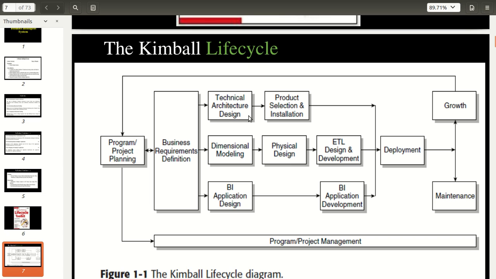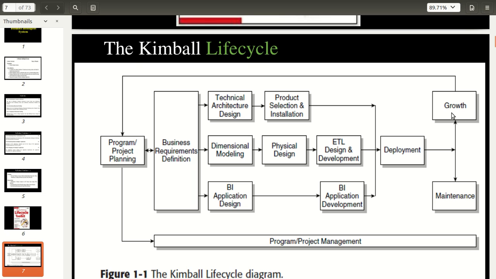The first track is technical architecture design, product selection and installation. The next track, which works in parallel, is dimension modeling, physical design, and ETL design and development. The next one is BI application design, and the last is BI application development, and all combined it is deployment.